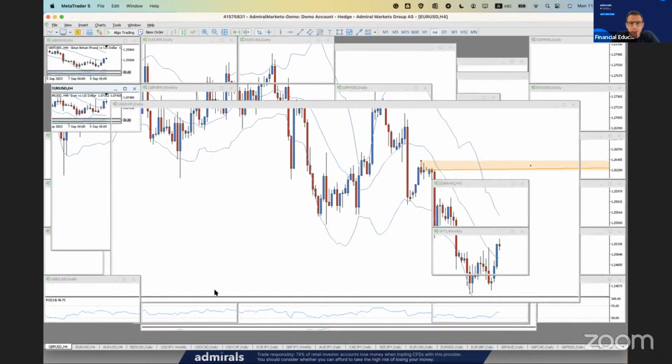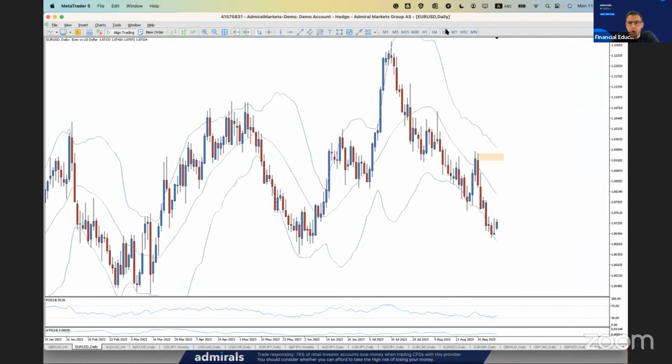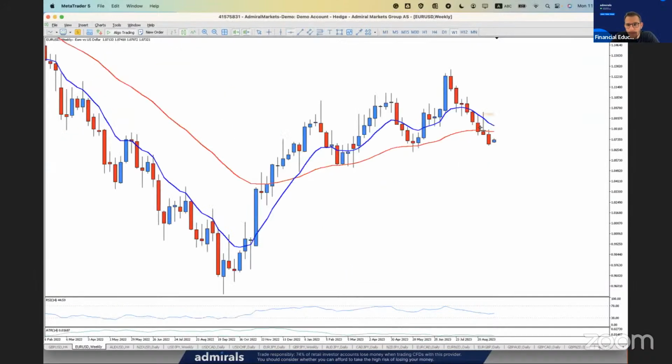Next one. So guys, now I'm giving you strategies. I hope you can understand and apply these strategies in your trading. So next one, let's check the weekly chart of the euro against the US dollar. Price pretty weak. Here it's the next area of support found at the 1.06.